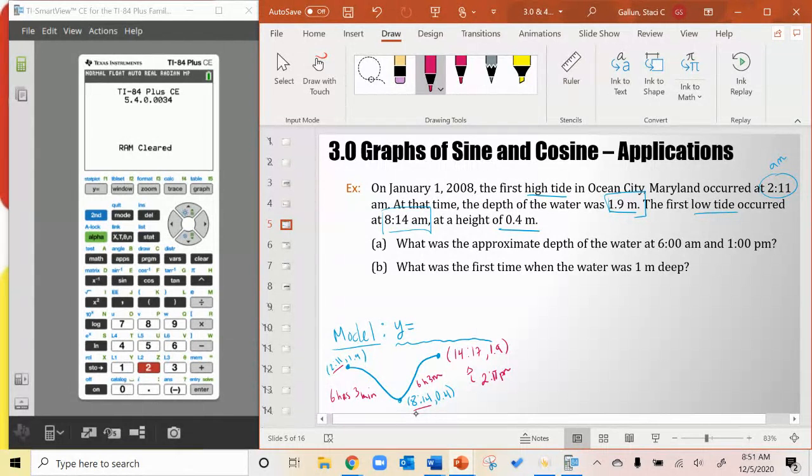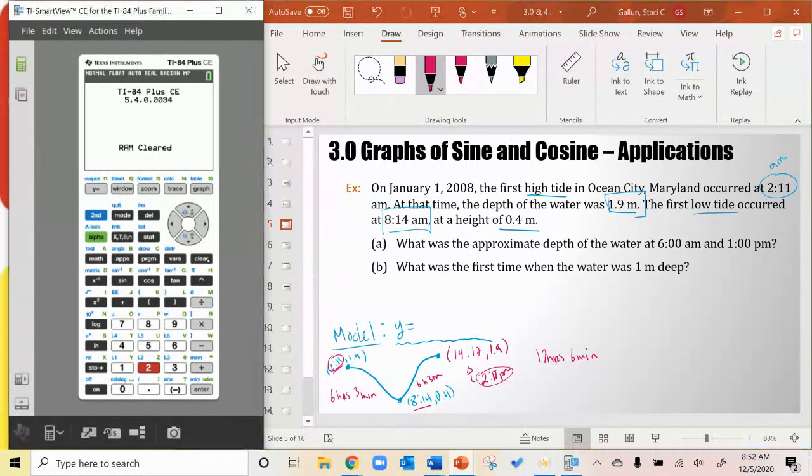So from this information that I have, I can figure out the sinusoidal axis, the period, the amplitude, and whether it would be sine or cosine based off of how I just wrote this. That's the information I want to go ahead and figure out. So I'm going to start with the period. It's from 2:11 to 2:17. That's 12 hours and 6 minutes. It's going to be a little bit hard to work with the period when I'm dealing with both hours and minutes. So I'm going to go ahead and convert this to